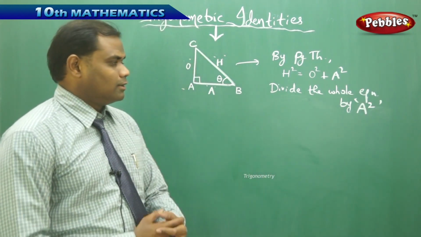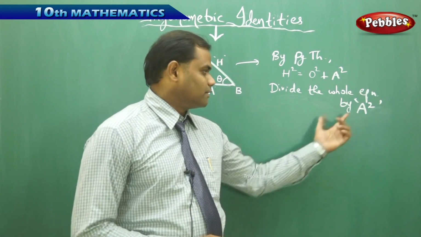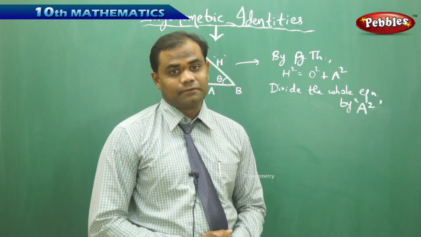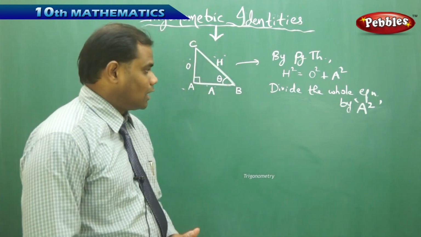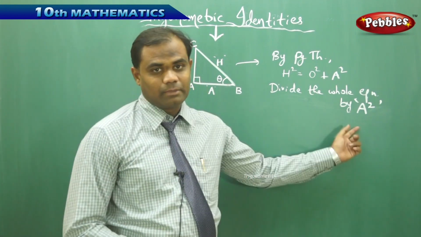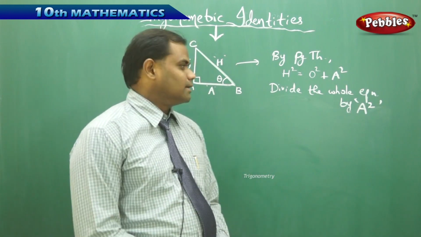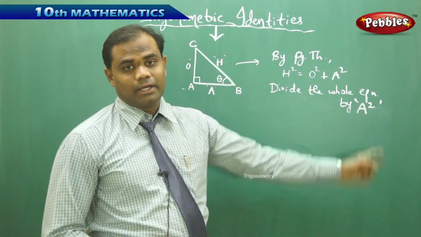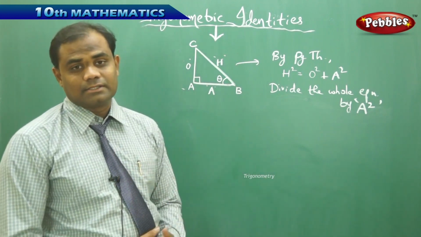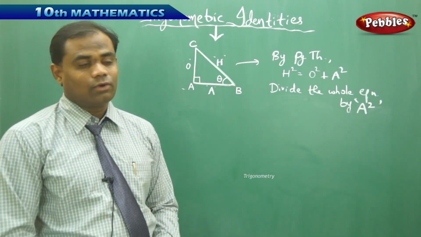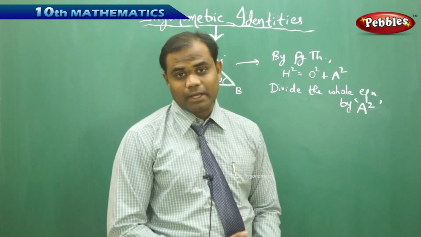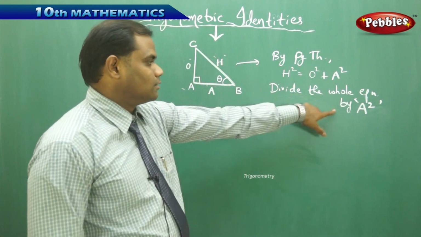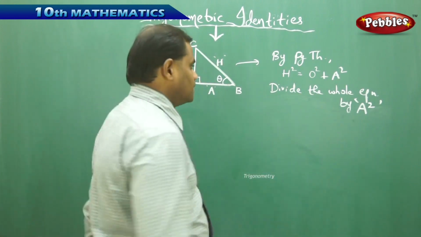So dividing the whole equation, let's see what happens if I divide with a square. Let's see if there's a new trigonometric identity which I can discover out of dividing the whole equation by a square. Previously, I divided with h square. Now I attempt dividing the whole equation by a square. And then finally, let's see in the next session what happens when I divide the whole equation by rho square. So initially, to start with, dividing the whole equation by a square, I get here